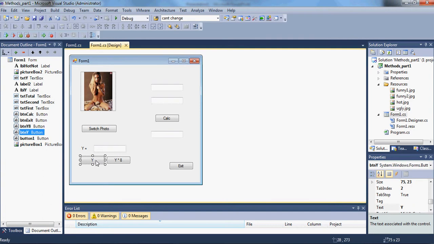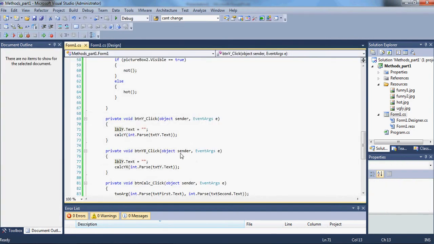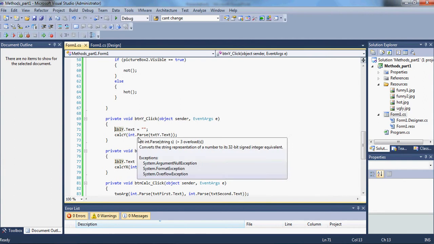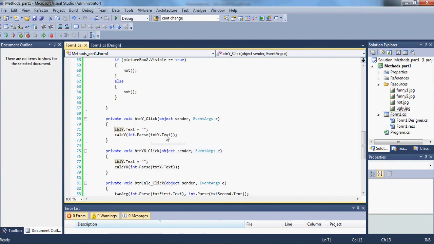And now let's look at this y and y times 8. So right here is our y. So this is our clickbox method for y, and this is our clickbox for method 8. As you can see, these are identical to each other. So you can call things, but then the methods can do other actions inside, so you don't have to put them all directly in this click, which is nice because you can hide a lot of your code in your methods. So again, this is my method, so it's calc y, and this one's going to be calc yx, and then I did it in parse because I need to get it to an integer,